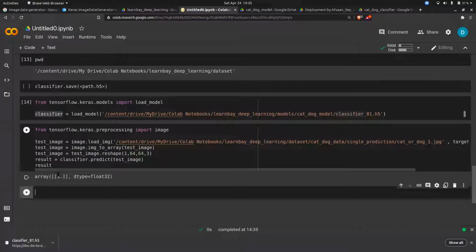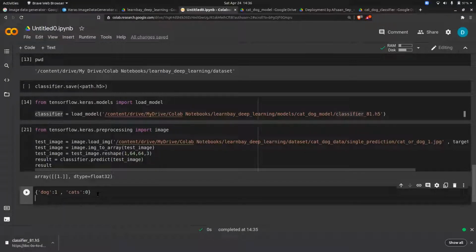Okay, so this is one. In real time, we have to do a little bit of hard coding there. What I mean to say is, suppose dog is 1 and cat is 0.